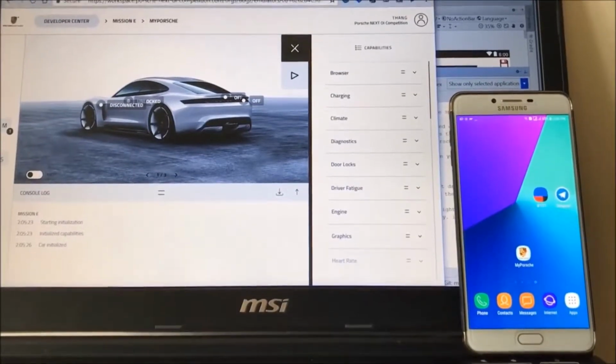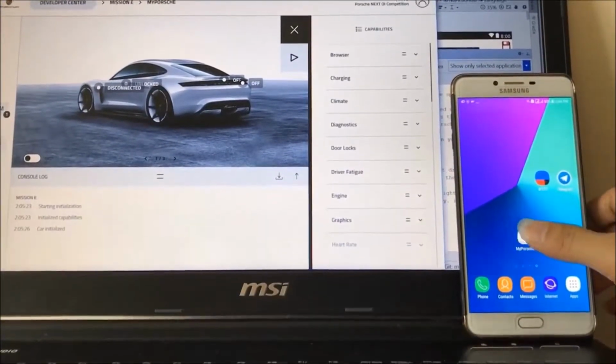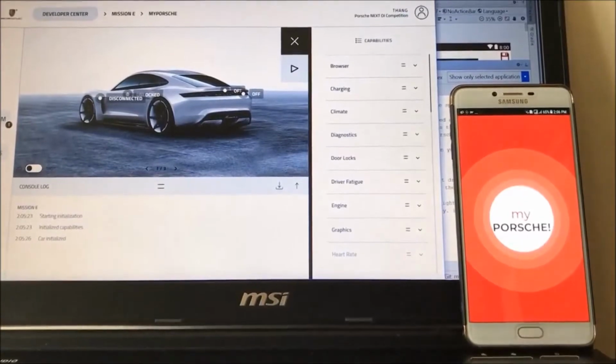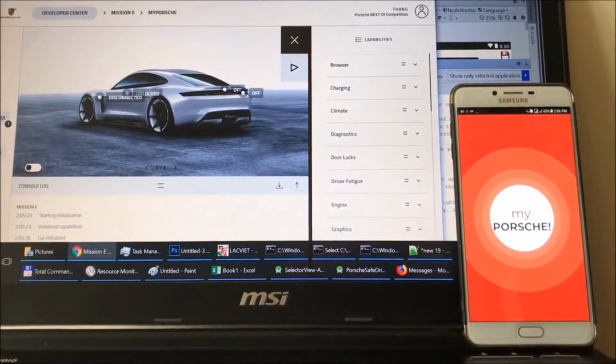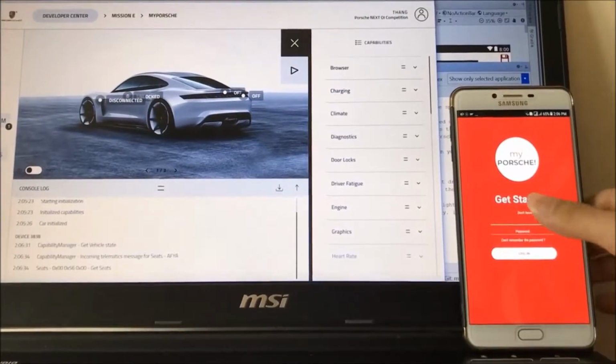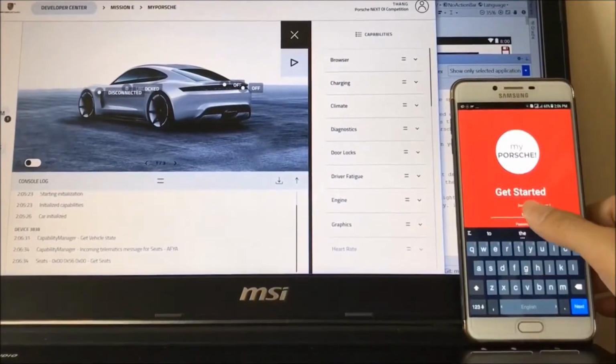Imagine an application with endless possibilities. The only limitation is your imagination. Well, this application now exists. It's called My Porsche. And after a simple login, you can see thousands of behaviors others have created, and you